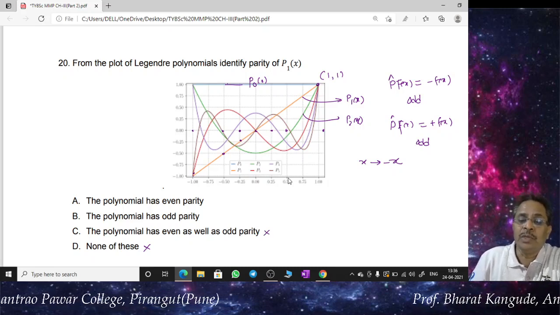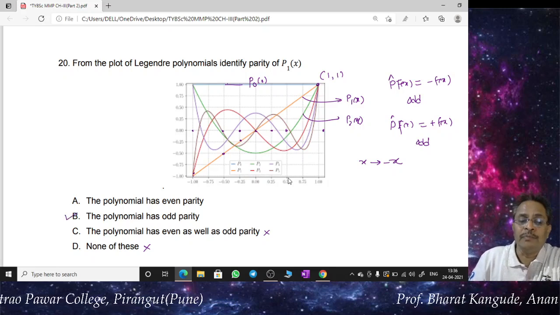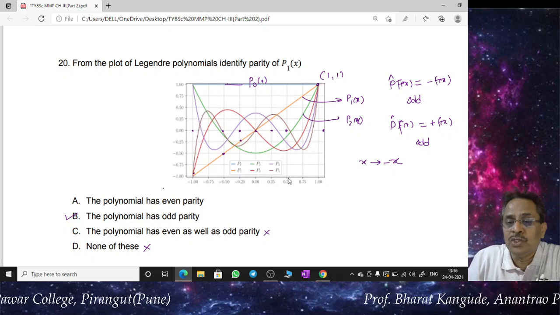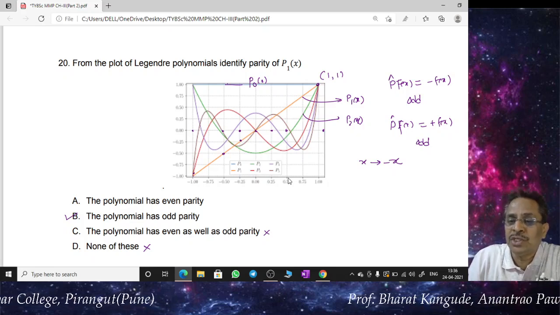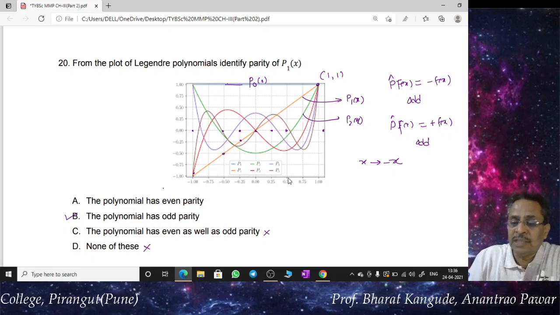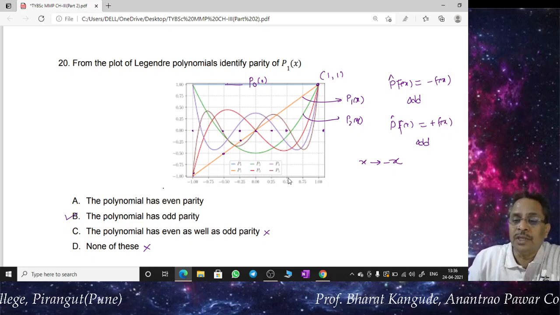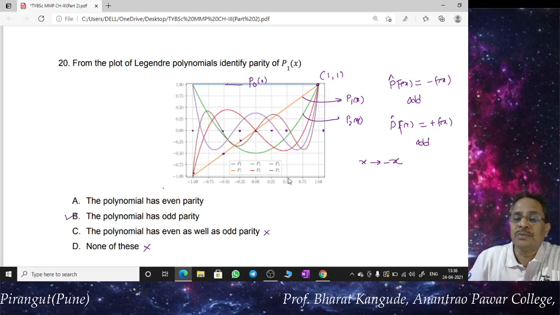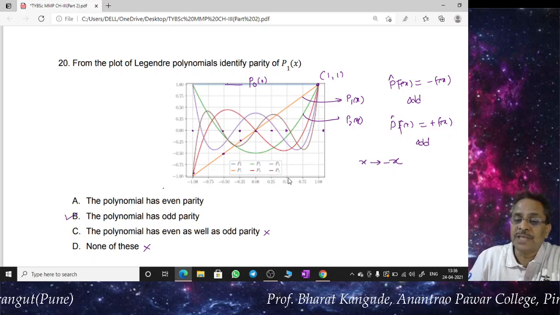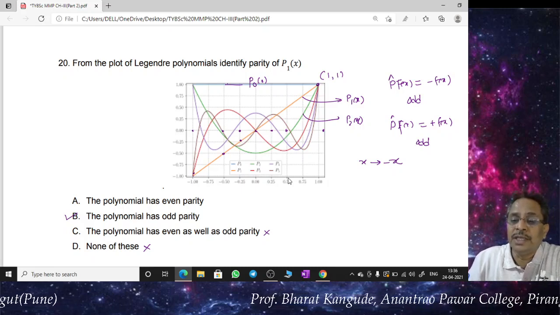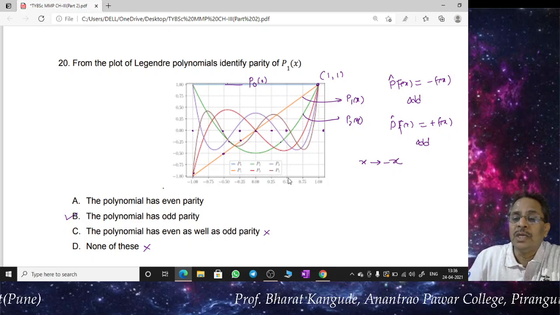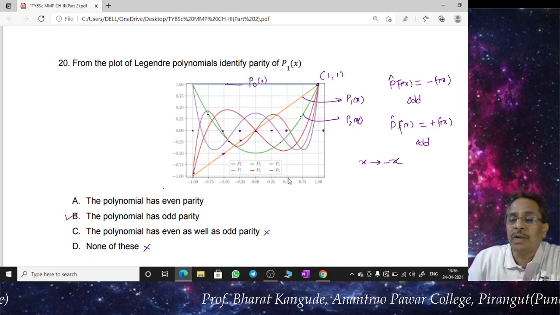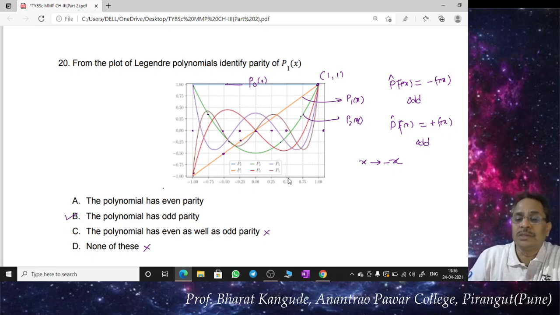This diagram shows me that the polynomial P1x we have been asked about has an odd parity, whereas the polynomial which has even parity is the polynomial P0x. That means changing x by minus x doesn't change its sign. Even this green function seen here, even if I change x by minus x, the sign of the function remains the same. Earlier it is negative, here it is also negative. If I take this to be positive, then here also it is positive. If I take 1 plus 1 here, minus 1 is also plus, the same on the same side.